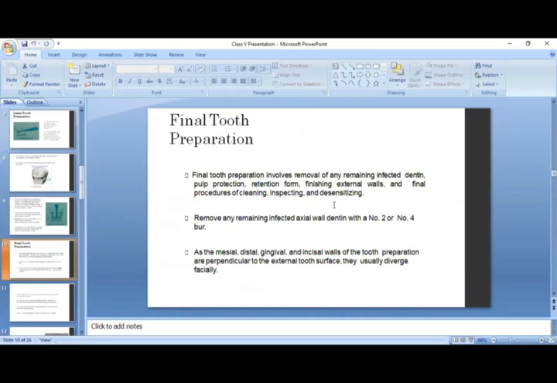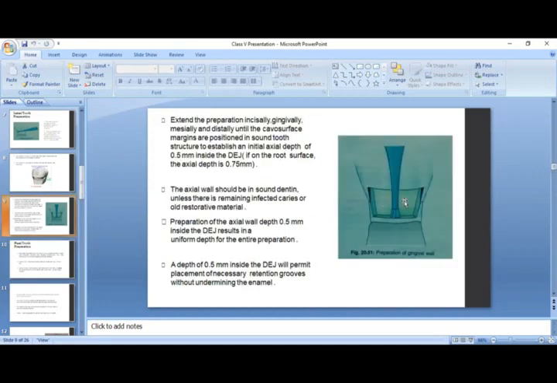What is basically the final preparation? Say, for example, if we consider this is the preparation, we can easily visualize and need to see the smoothness of the restoration. There should be no undermining of the structure. Undermining means no defective enamel, and we need to inspect that there should be no carious lesion left remaining on the tooth structure.